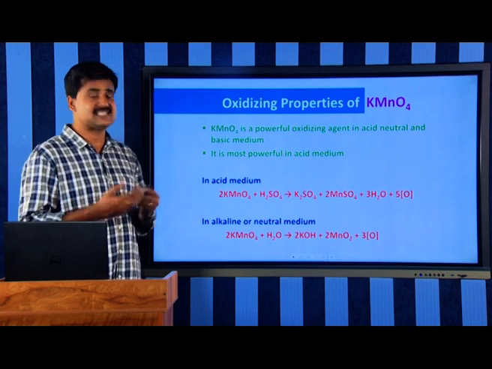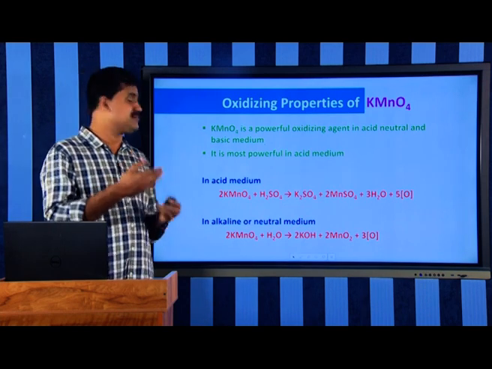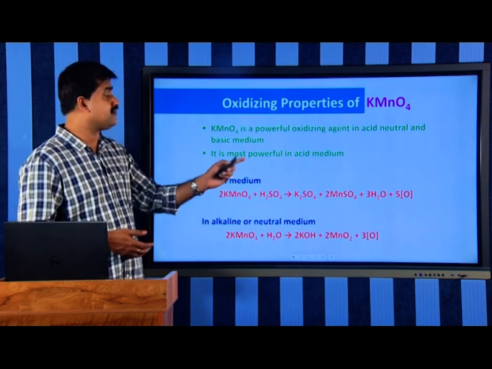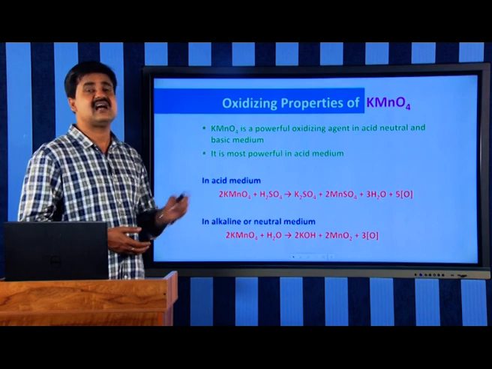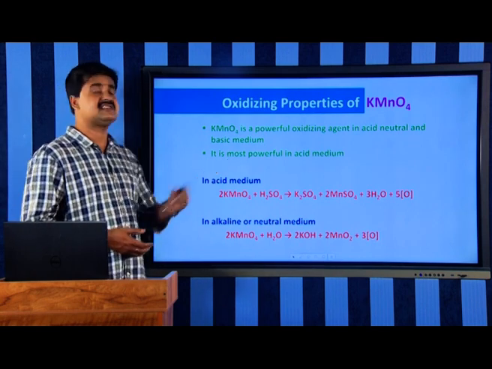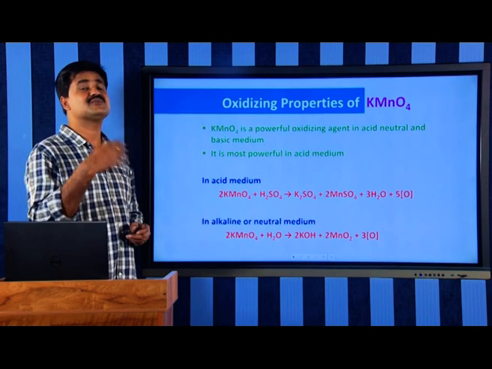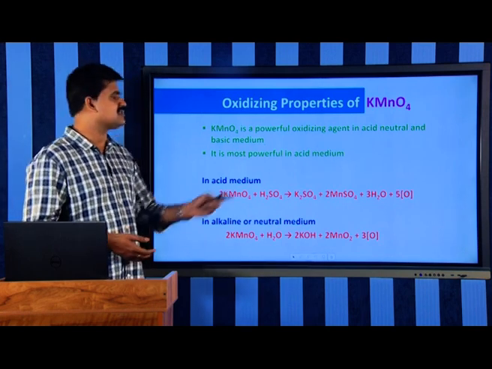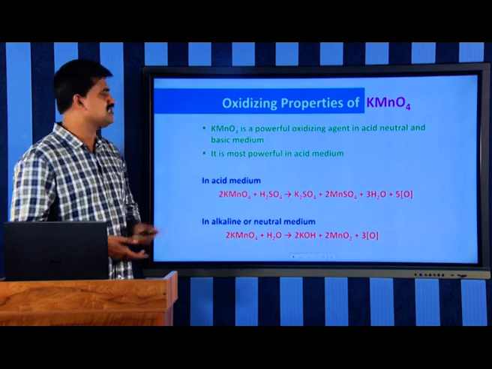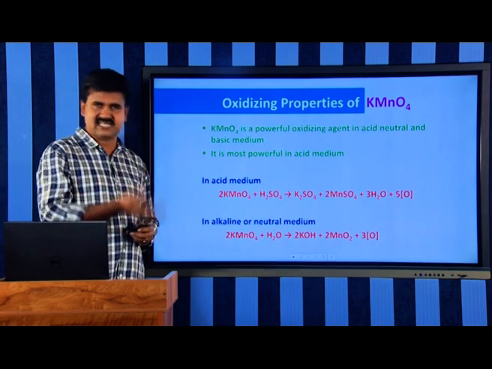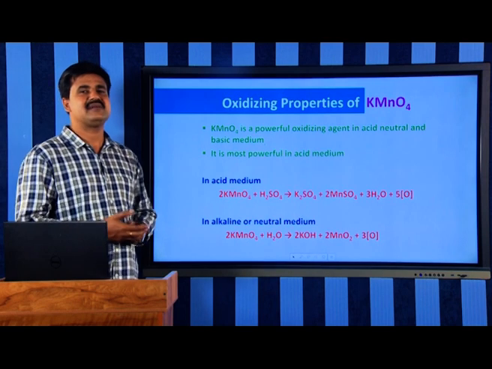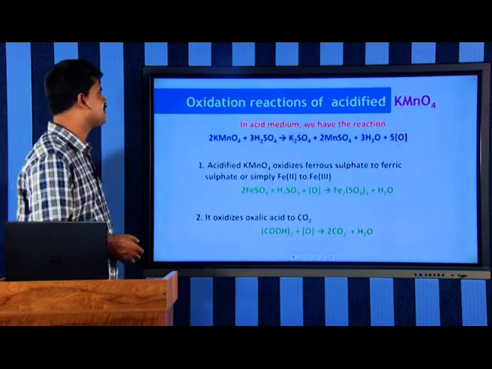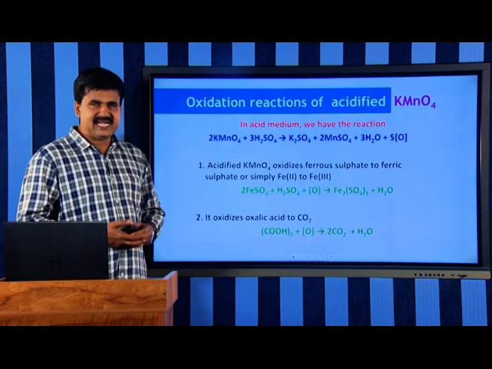What happens in acid medium? When potassium permanganate is mixed with sulfuric acid, a reaction occurs like this and 5 nascent oxygen atoms are liberated. That nascent oxygen can be used for oxidation reactions. In alkaline or in neutral medium, 3 nascent oxygen atoms are liberated. So, based on the number of oxygen atoms liberated, KMnO4 in an acidic medium is a more powerful oxidizing agent compared with other media. In acid medium, we have the reaction